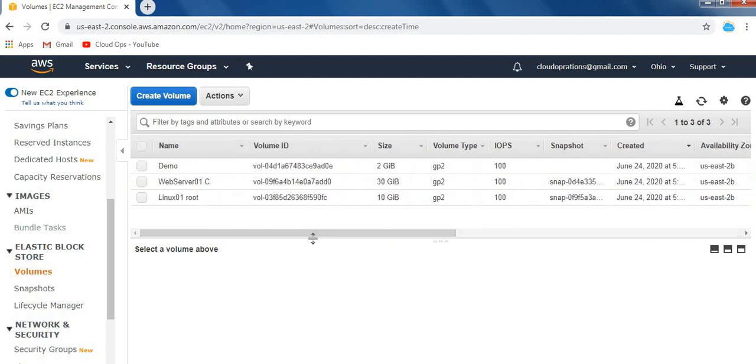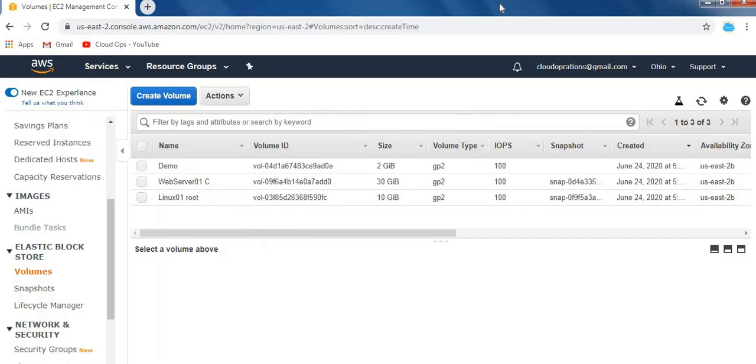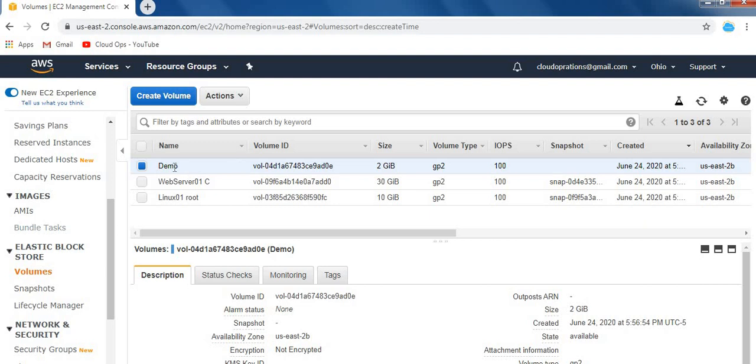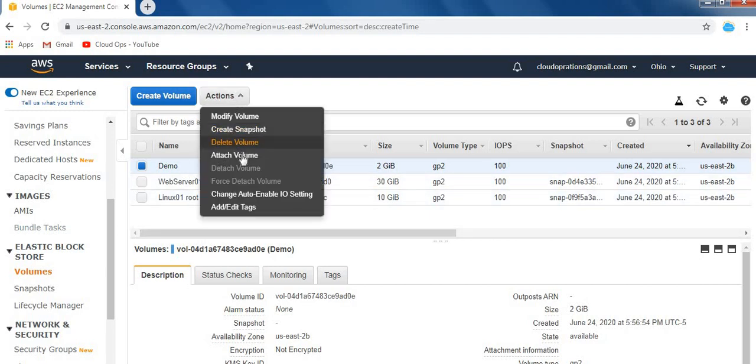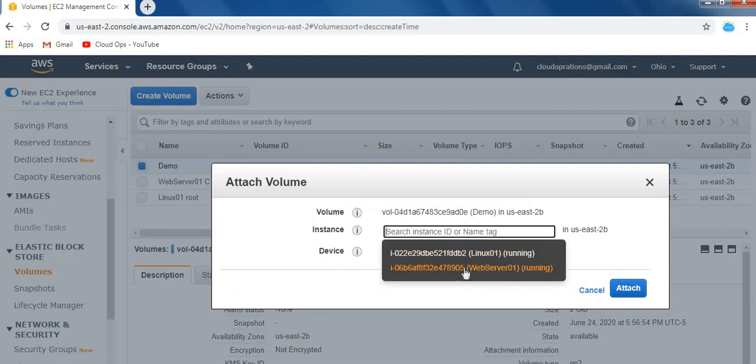Okay, so let me show you how to attach it to a Windows instance. I logged into my Windows instance. You can see here there is no volume attached. Okay, so let's go back, select the volume which you want to attach, click on Action, click on Attach Volume, select the instance.